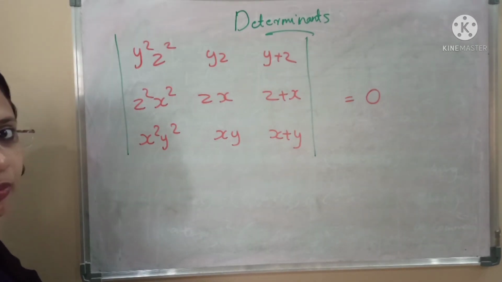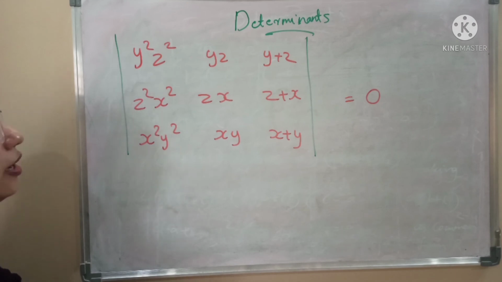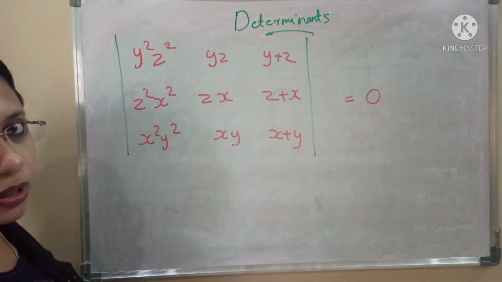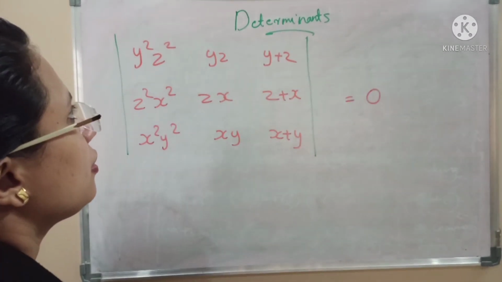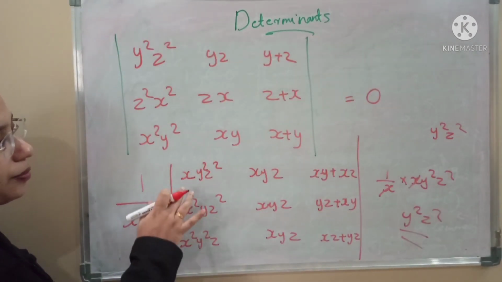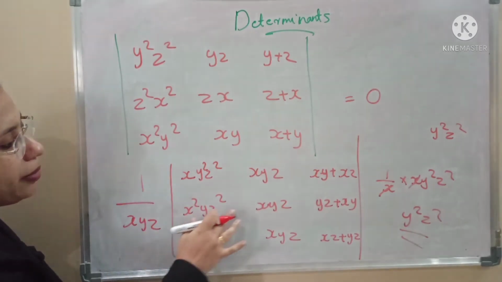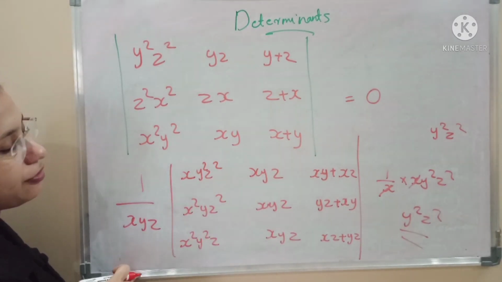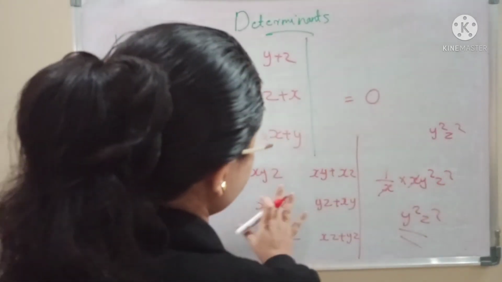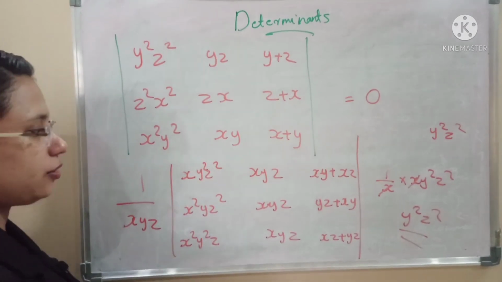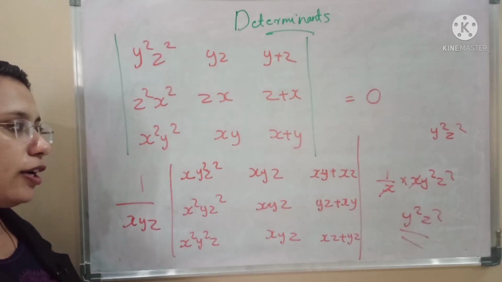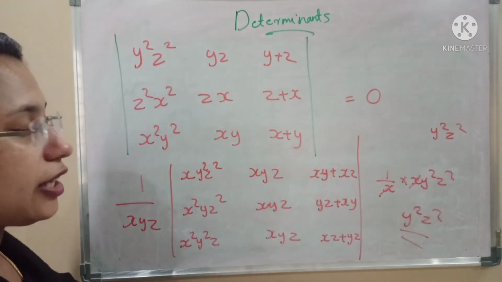Okay, so our ultimate aim is to solve it. I mean, we have to make any two terms of a row or column 0, then we have reached our end. So I am taking 1 by x from the first row, 1 by y from the second row, 1 by z from the third row. Okay. So this is how we'll make the arrangement over here. Okay, so next just think what is the step that we can do.